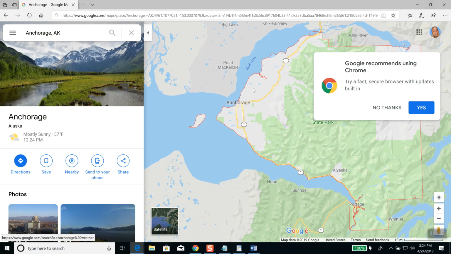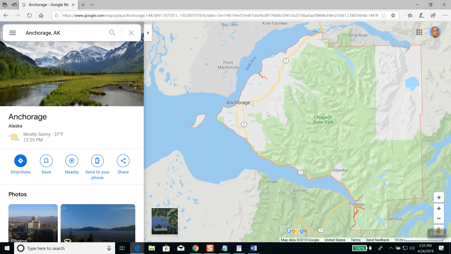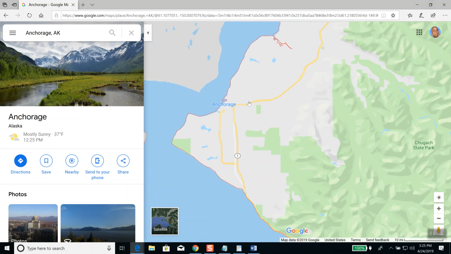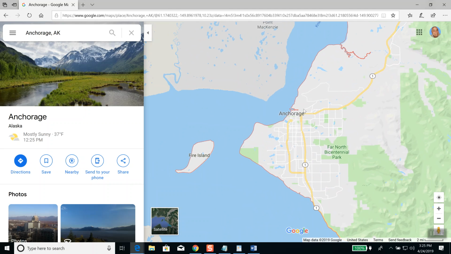And it comes up with this view right here. It says it's mostly sunny. Oh, does it? 37 degrees. That's kind of chilly. That's warm to them. Now, if I start using my mouse wheel, that red button in the middle of your mouse,